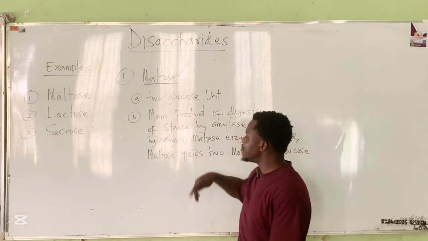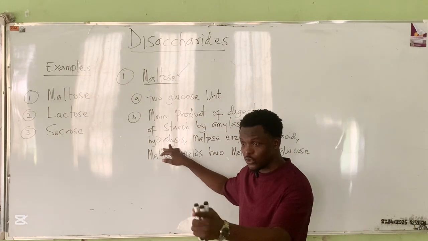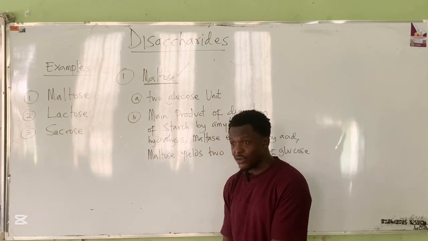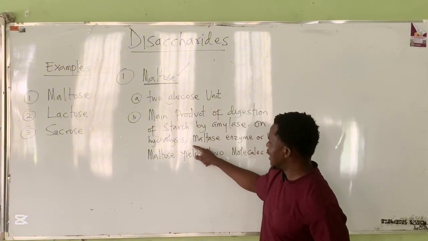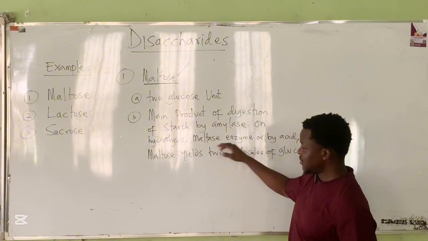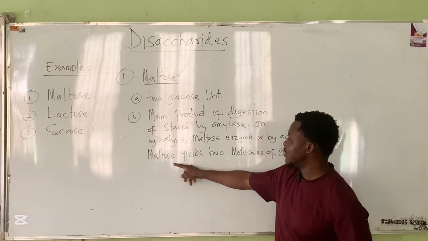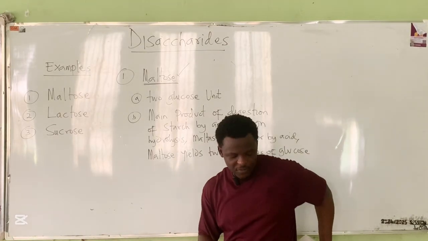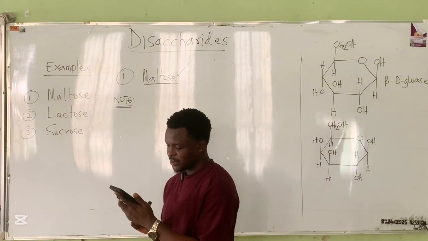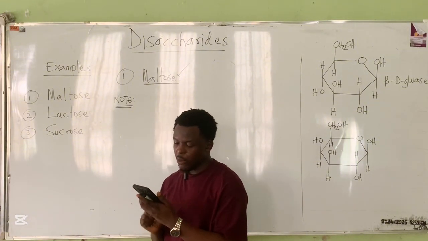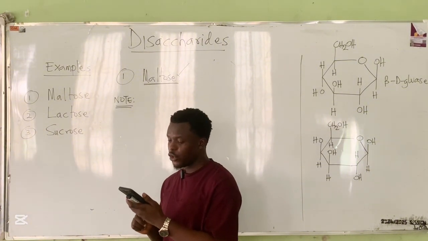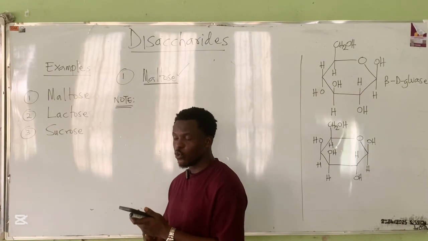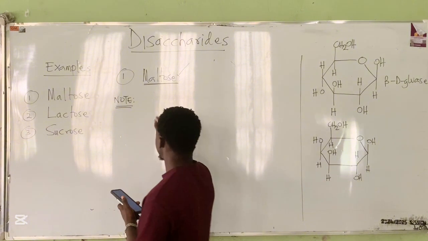Maltose. Now when this maltose undergoes hydrolysis, which I told us, upon hydrolysis, disaccharides can split into simpler units. So when this undergoes hydrolysis, the enzyme maltase will hydrolyze maltose to give what? Two glucose units. So take note of that. So maltose is made up of two glucose units joined by